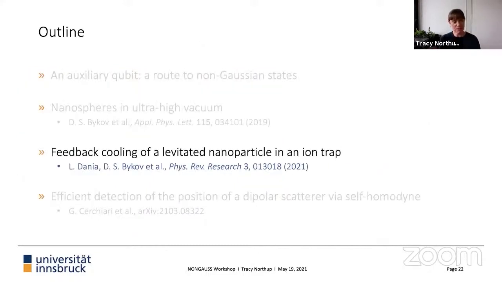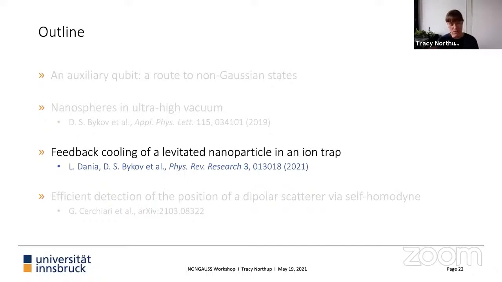Great, so we have particles. What are we going to do with them? Well, we'd like to get them colder than we're getting them simply by background collisions with gas. That's going to get us to room temperature. But how can we really get them to the bottom of this trapping potential?